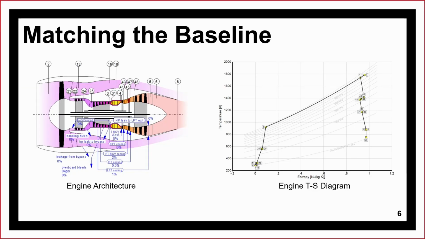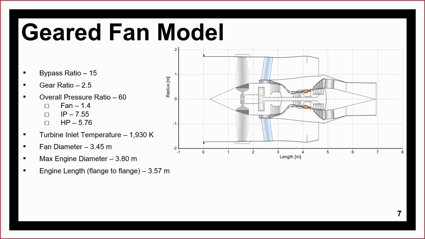With this complete, we have our 3-spool engine design that matches the baseline architecture and its TS diagram, and now we have room to make our improvements, starting by turning this 3-spool into a geared fan. So moving on to the geared fan model that we have, you see a picture there of the general arrangement of what the engine we've designed looked like without any further improvements besides the gear. The gear is necessary when going to a bypass ratio this large because it allows the fan to spin at a low speed while the intermediate compressor and the LP turbine can spin at a faster speed that are more